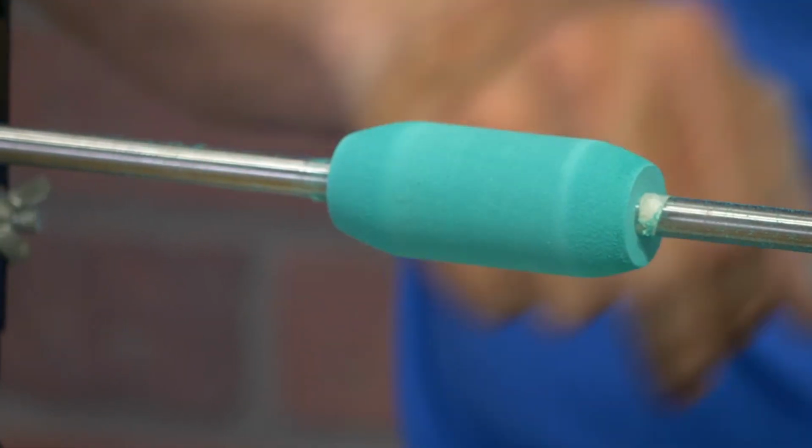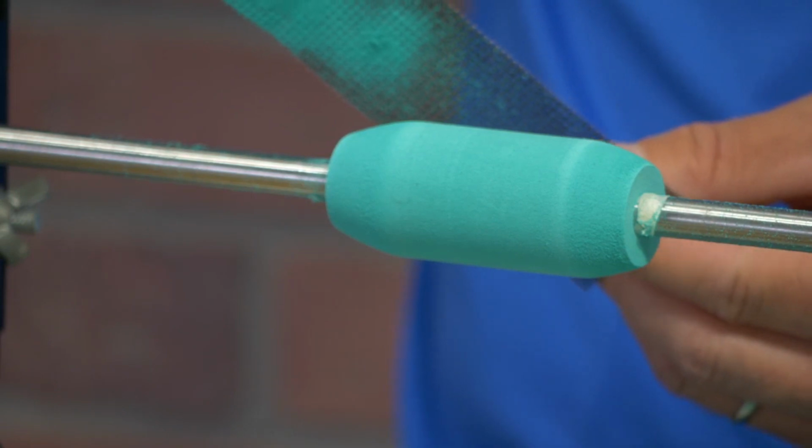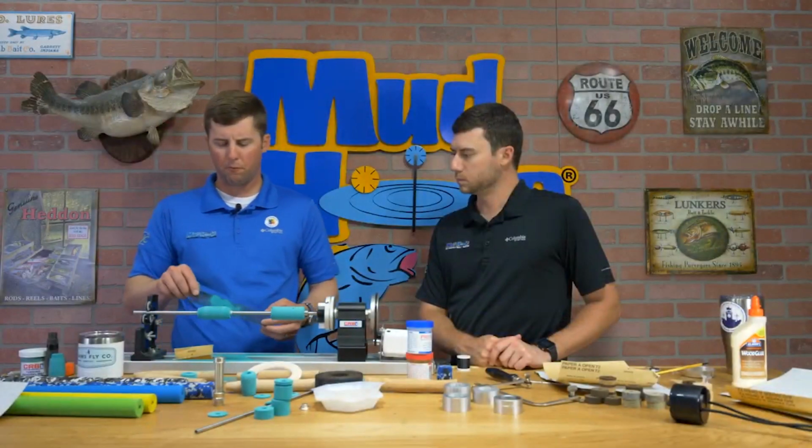So we'll do this side too, just to show you again. So there you have it. Again, it kind of piles up on the outside here. So I like this stuff for some things. If you've got, for example, cork,